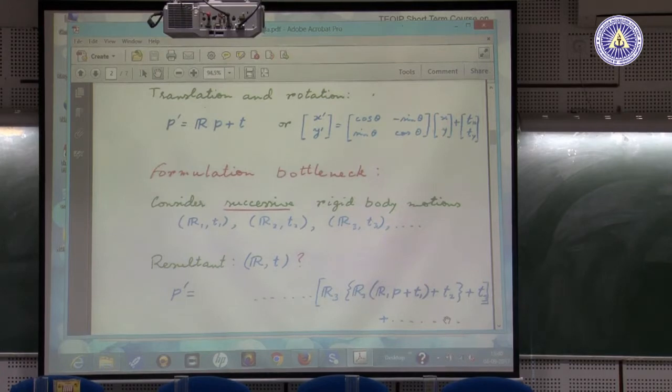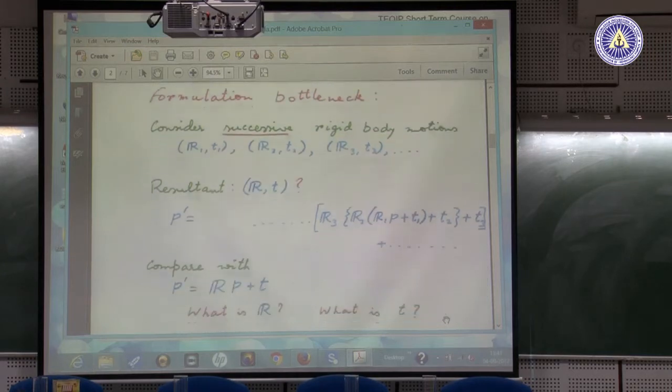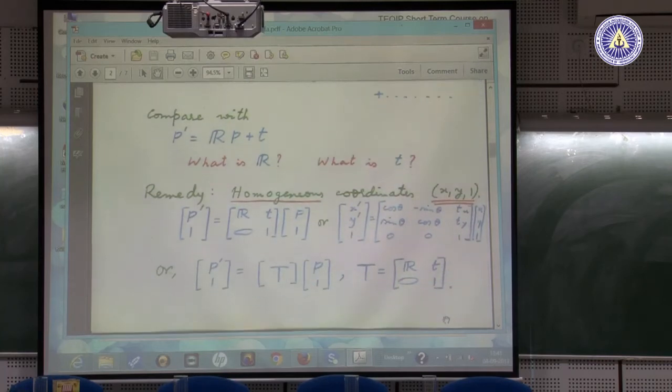Then there is a third rigid body motion. You intend to go on moving from here to there, there to there, and finally grab something. Okay. So, how many such things you will have to do, and that big, very funny expression, you will lose track of it. So, this is the formulation bottleneck of this representation, and there is a very quick, clear remedy out of it, and the remedy is